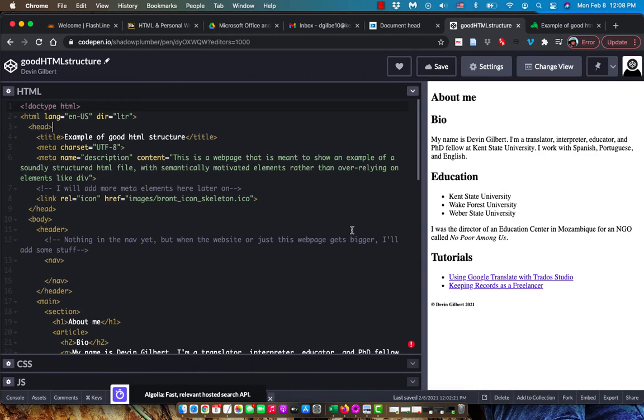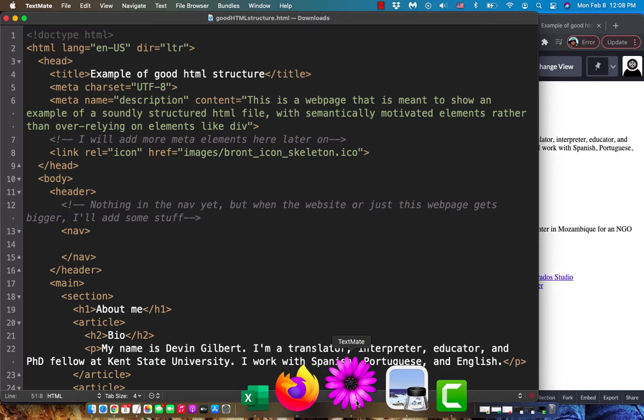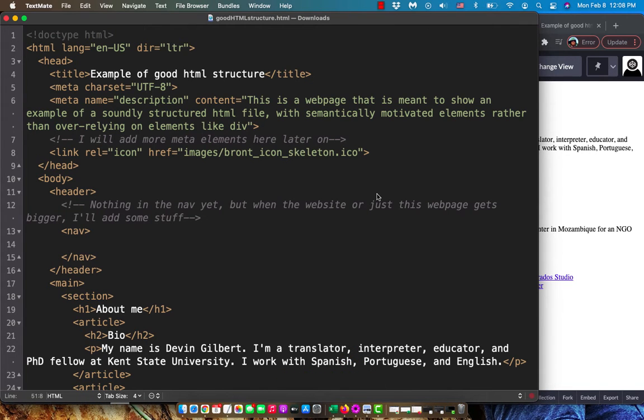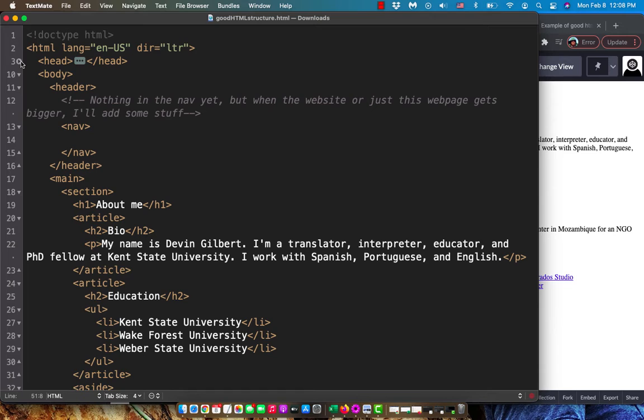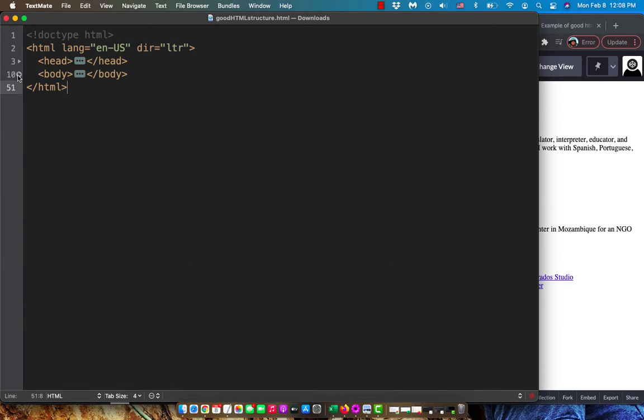And I've got it here as a CodePen. I'll put a URL in the description to this CodePen so you can check it out. But I've also got it here in one of my favorite text editors, which is TextMate. And on both of these, on CodePen and in this text editor, you can collapse the content of HTML elements. And so you can see that